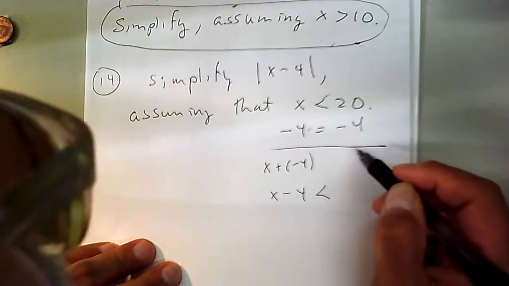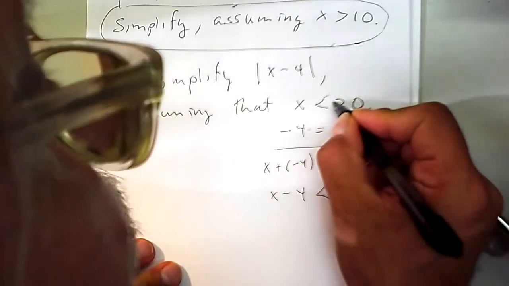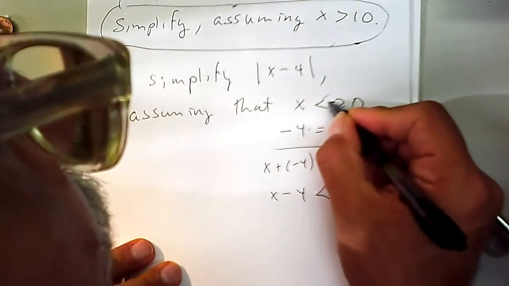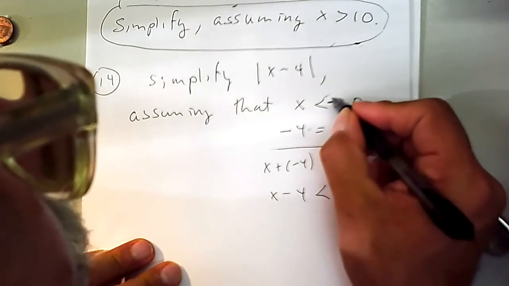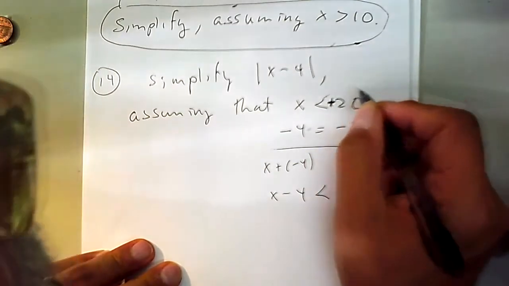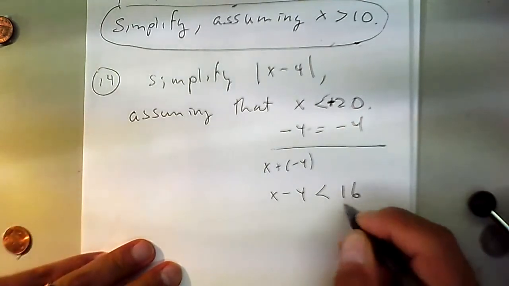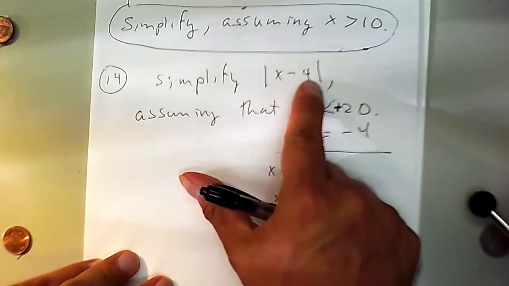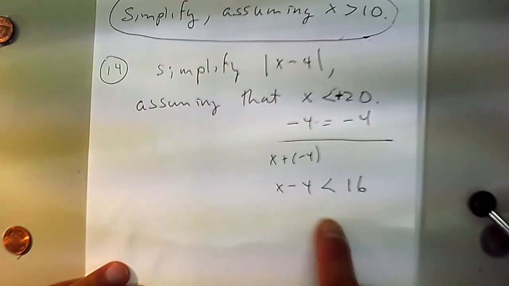20. Oh, I'm sorry. I meant to put a -20 here. So that under H was not. No, let's keep it like that. Sorry to flip flop on you. So we know that X minus 4 will be less than 16. Can we simplify this? No, because I don't have enough information about the quantity X minus 4.